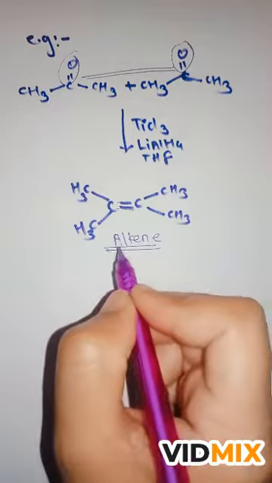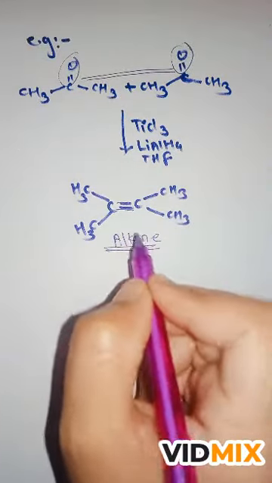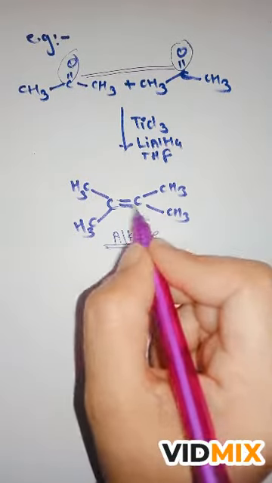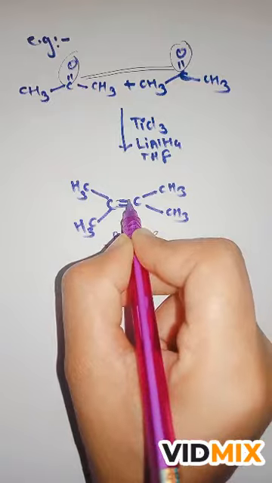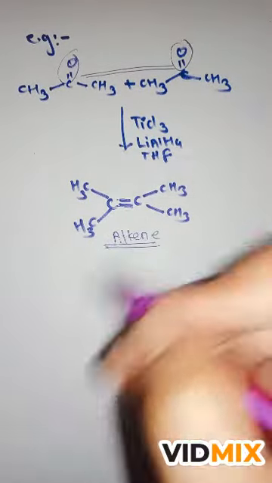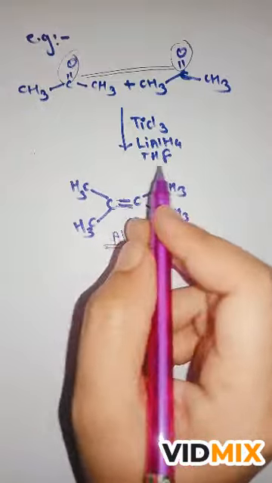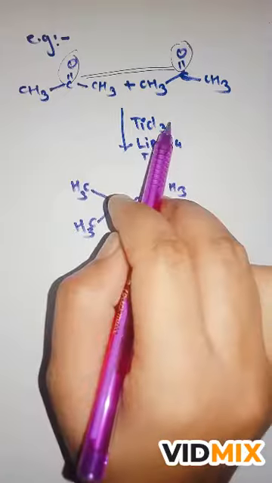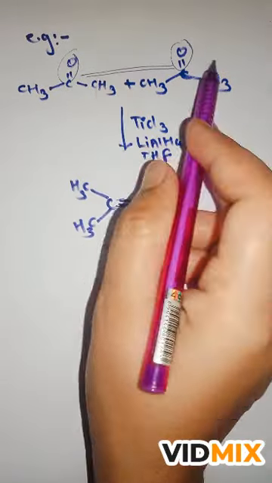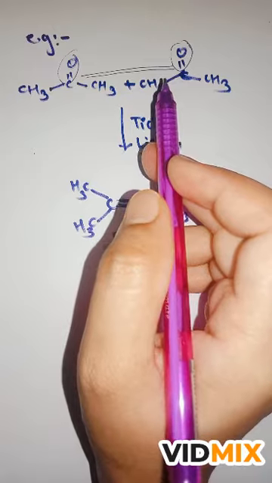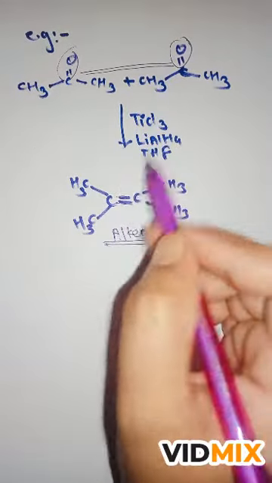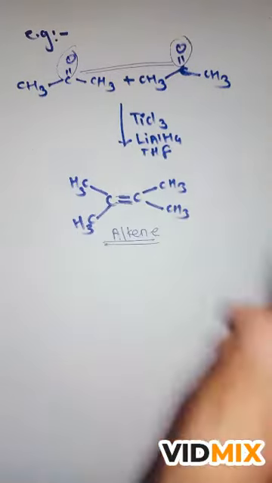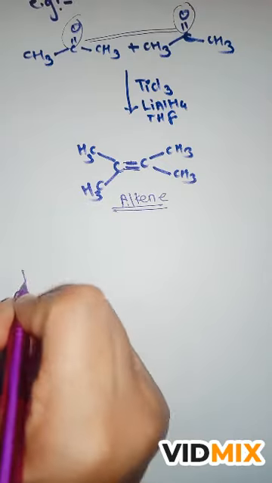This is the very simple way to identify the McMurry coupling reaction, or to give the product of McMurry coupling reaction, which is alkene. It is very easy to identify and to give the product. In NET exams, MCQ exams, they generally ask directly for the product or the reactants. At that time, this method is very useful to identify which reaction this is, what the product is, and the reactants or reagents of the reaction. So let's see the mechanism of this reaction.